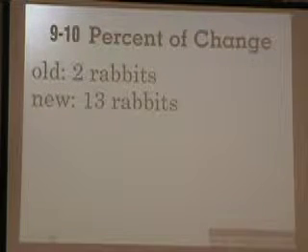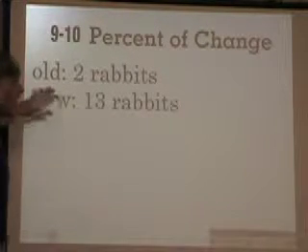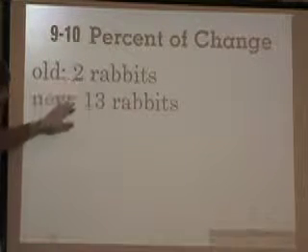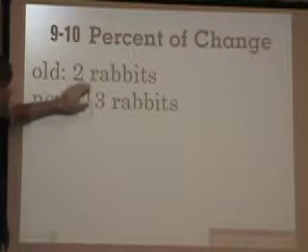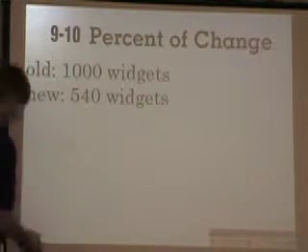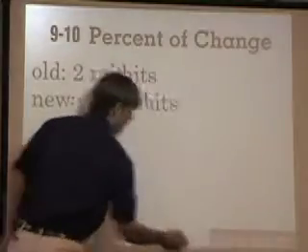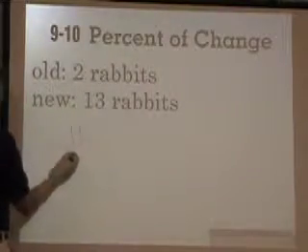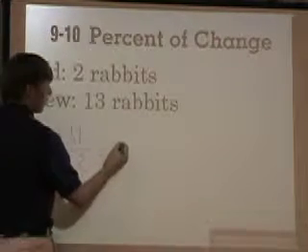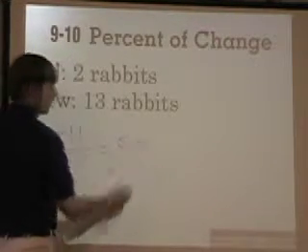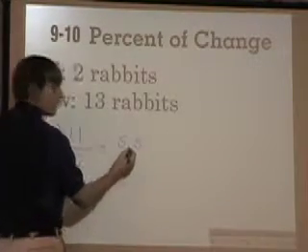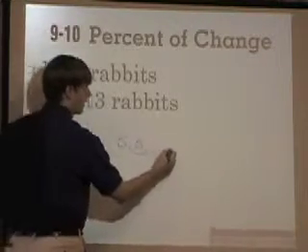Alright, so people who breed rabbits may want to find out how much the increase is percentage-wise here. Okay, so we take the big minus the small. 13 minus 2 is 11. Okay, and we put it over the old number, which is 2. Now, that reduces to 5.5, but we have to make it a percent, so we multiply it times 100, and what do we get? 5.5. So, move the decimal 2 to the right, and it equals